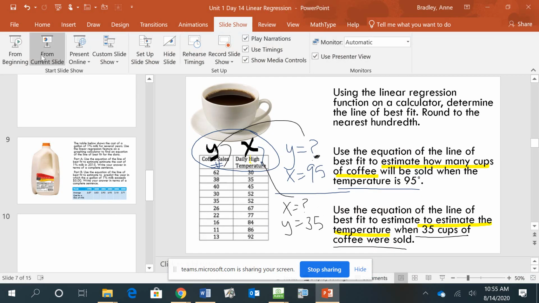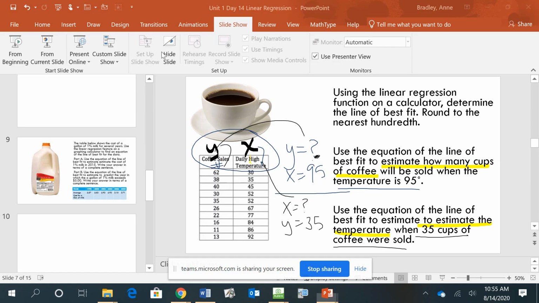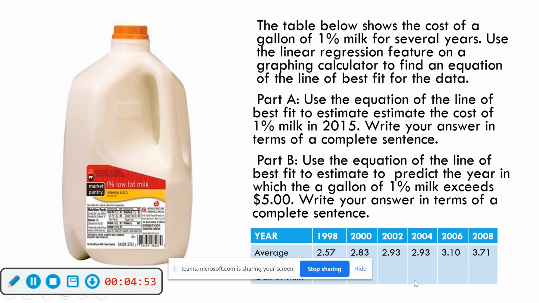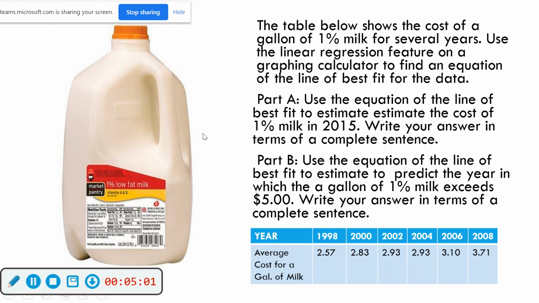All right, so for this particular problem, we're going to talk about the cost of a gallon of 1% milk. So here's the problem. Let me move this. It may flip off the screen, and I'll come back to it. Thank you for your patience. Here's our problem. In this particular problem, the table shows the cost of a gallon of 1%